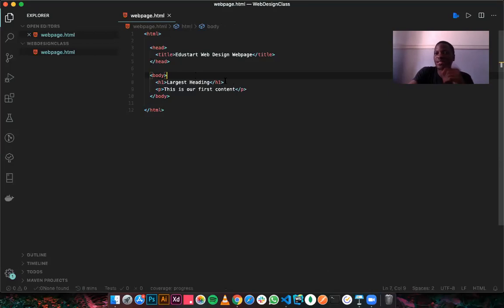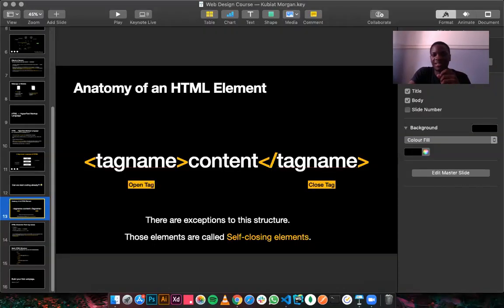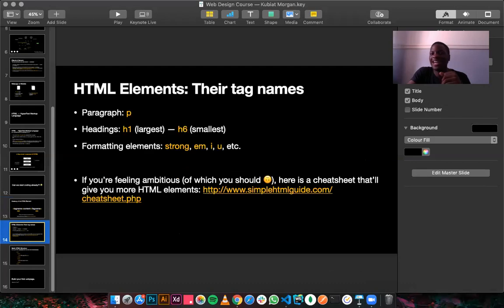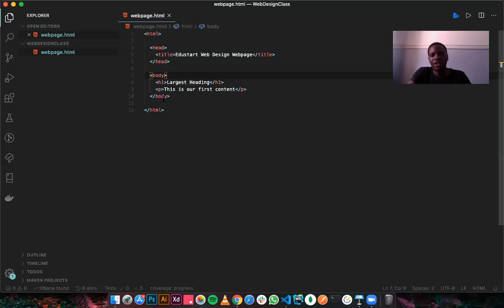However, there are certain elements that are indicated as formatting elements. These elements can be used to actually format the appearance of text on your HTML document. Let's try one of them and see what it looks like. So, for instance, we want content to be bold.